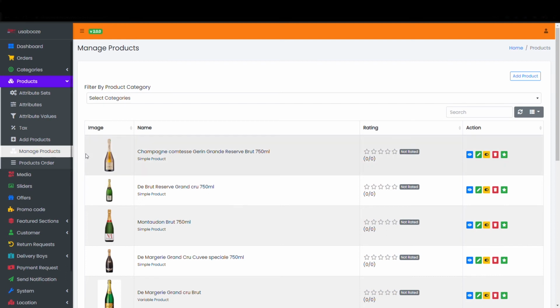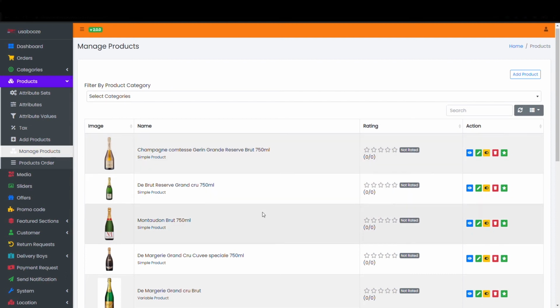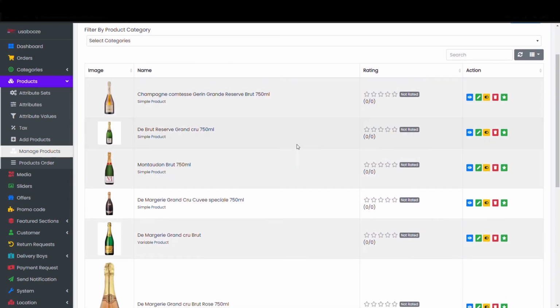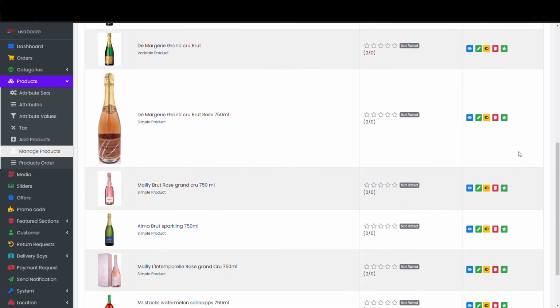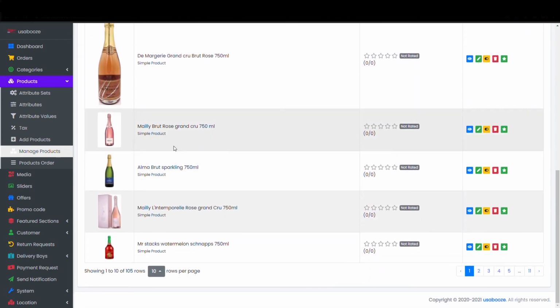So in manage product, here is where you can delete items, delete products, view products and make changes to the product. If you enable stock management, this is where you can see the stock as well, the number of products you have left in your store. Okay, so when you come to media,